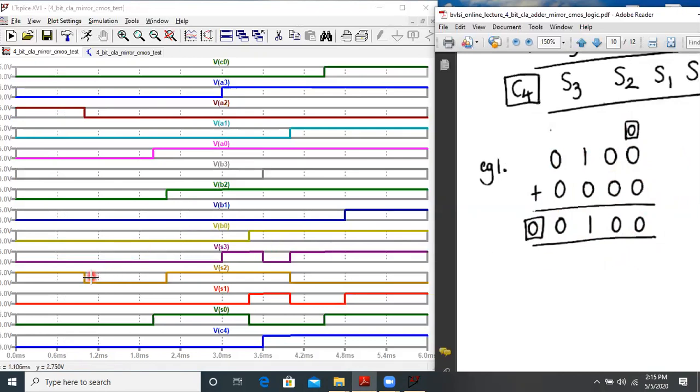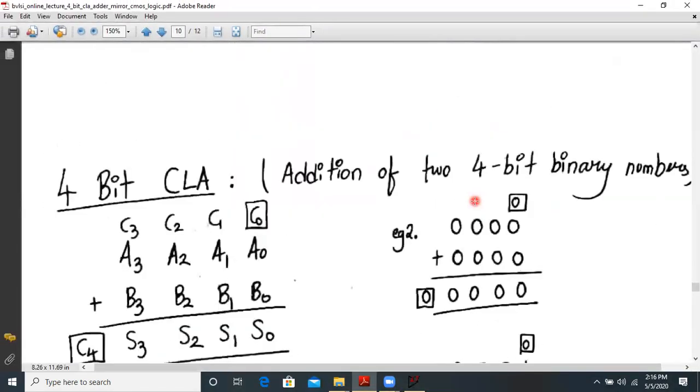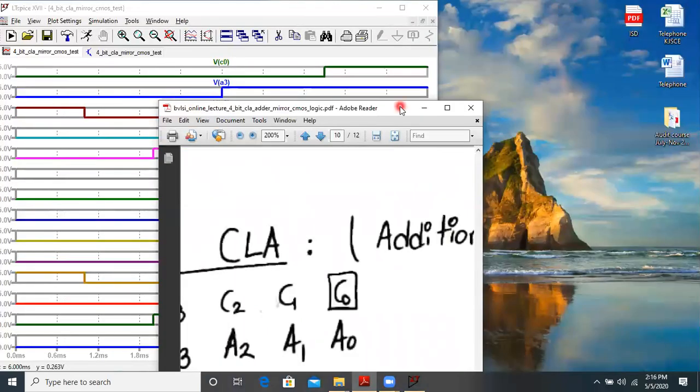Now let us check the second condition. The time period is from 1 millisecond to around 2 milliseconds. So basically this is my second condition.